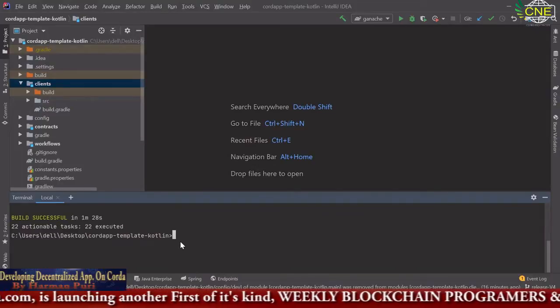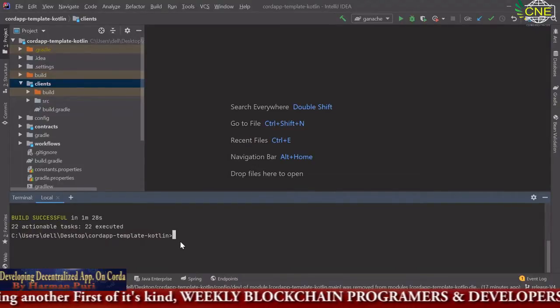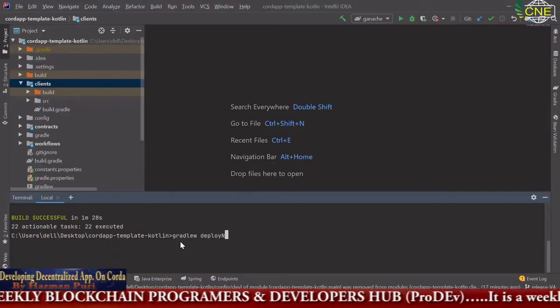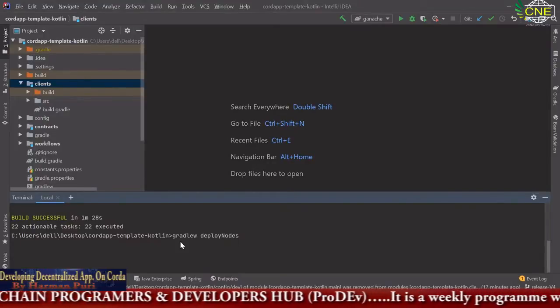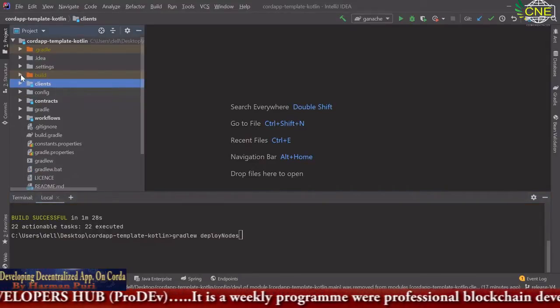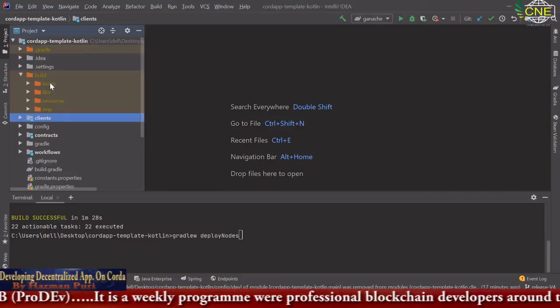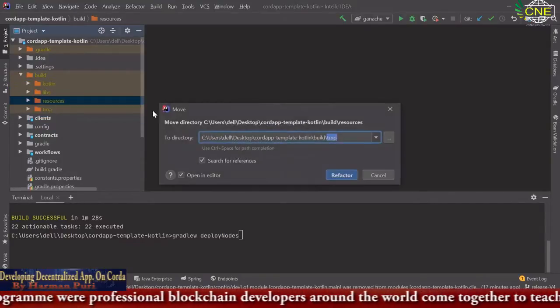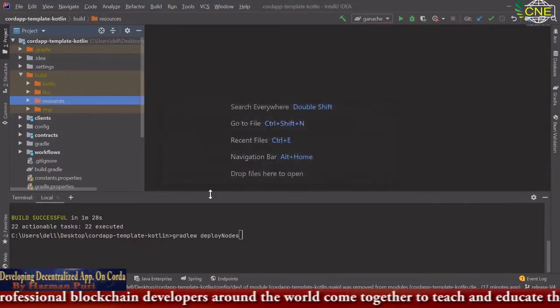Yeah. So after the build is complete, the next command is deployNodes. You can see before entering this command, this build folder has four folders: Kotlin, libs, resources, and temp. Okay.